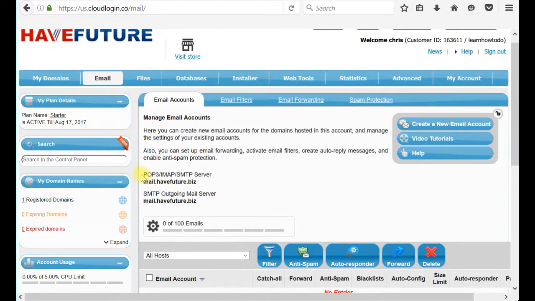Briefly, you have the settings for POP3, IMAP and SMTP. This is for if you have Outlook or some other mail software which you installed on your computer. This is the SMTP, your outgoing mail server. As you can see, this is with the hosting havefuture.biz, and I will show you how in the future you can override it and create your own name, mail dot whatever your domain name is. So it will be really